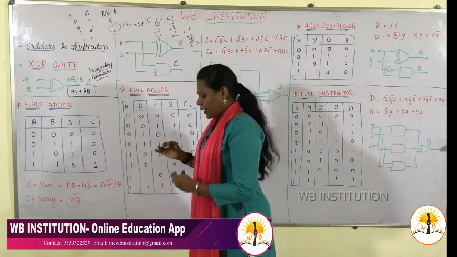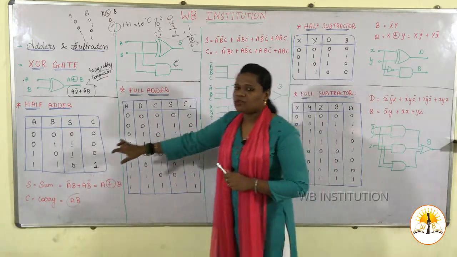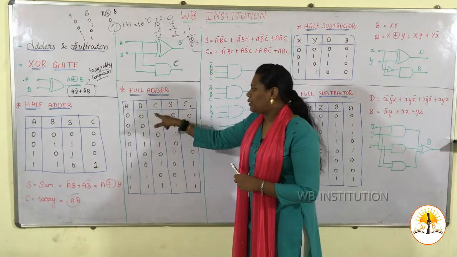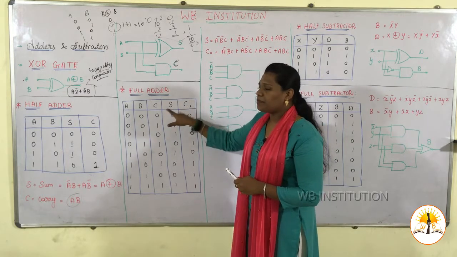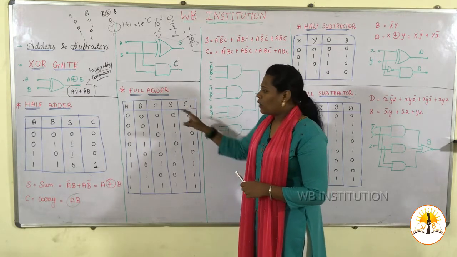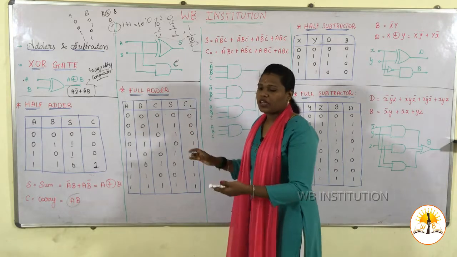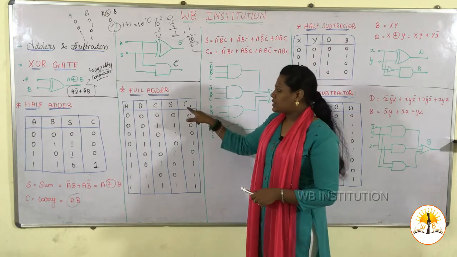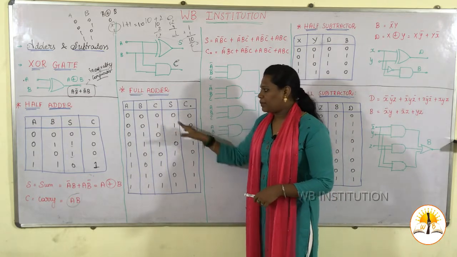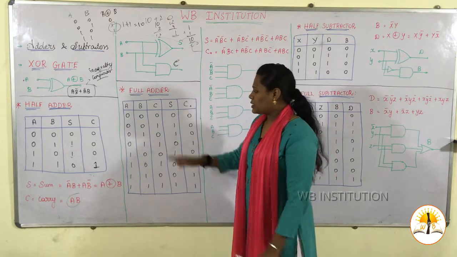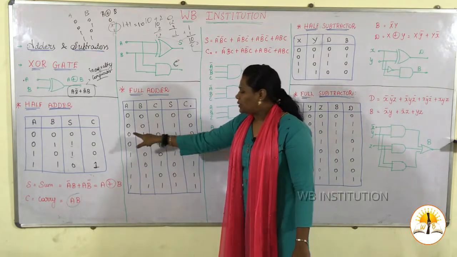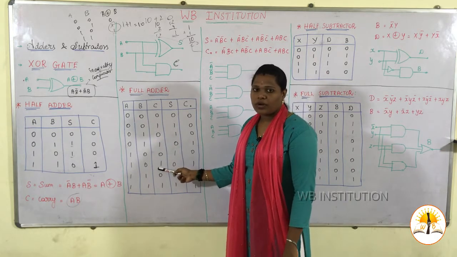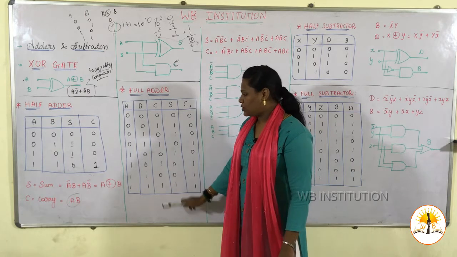While coming for the full adder, what will happen? Here we have used only 2 bits. Okay, that's 4 bits. Here coming for 8 bits, 3. 1 C is additionally added. So I have just mentioned C naught here to make it a difference. Okay, this is for A, B, C. I mean 3 variables. This S is nothing but your sum. C naught is nothing but your carry. So coming for the 3 variables, just write down the variables 000, 001, 010, 011, 100, 101, 110, 111. Okay, up to this one since it's the 8 bits.